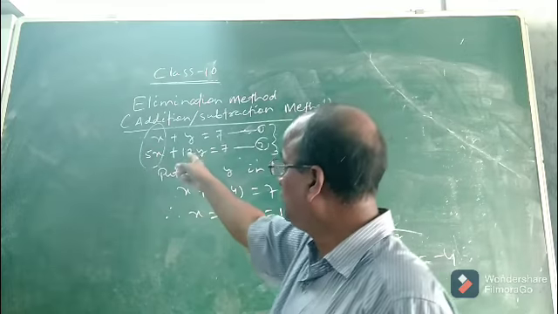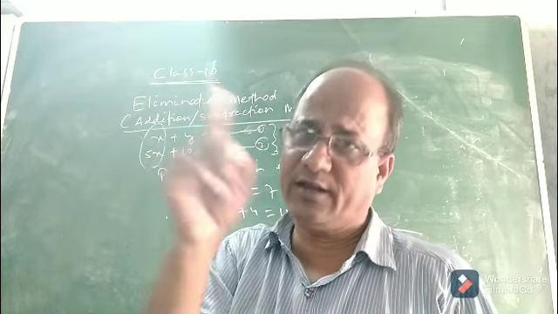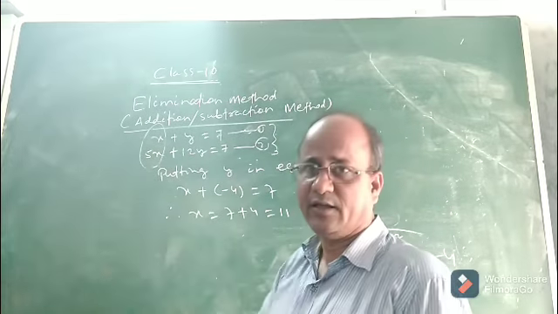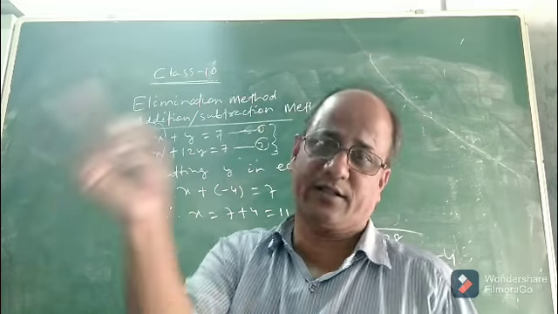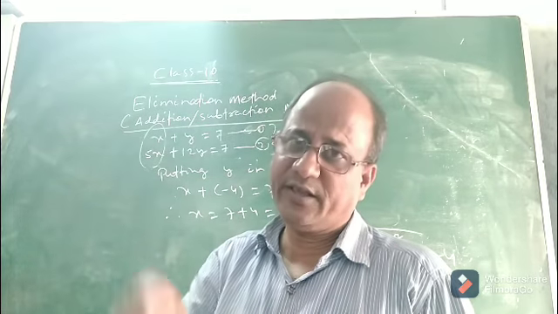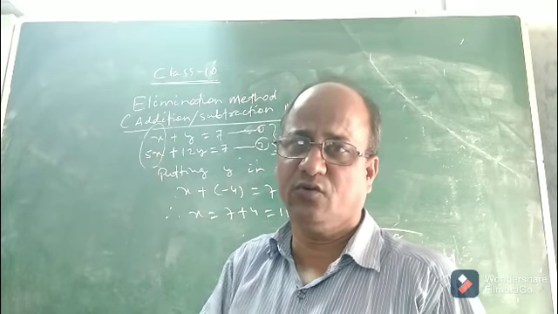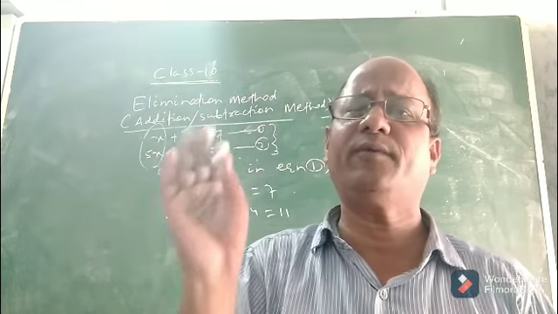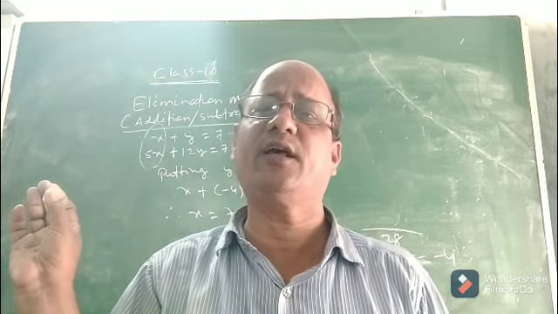So first, if you eliminate x, you will get the value of y, because you will get a linear equation in y. After eliminating x, you will get a linear equation in y, and on solving that you will get the value of y, and after getting the value of y, if you put it in any equation, you will get the value of the other variable, that is x. So had you eliminated y first, then you would have got the value of x first, and then putting x in either of the two equations, 1 or 2, you will get the value of y. So this is the easiest method, I think, to solve any pair of linear equations in two variables by elimination by equating coefficients. Children, I hope you understood.